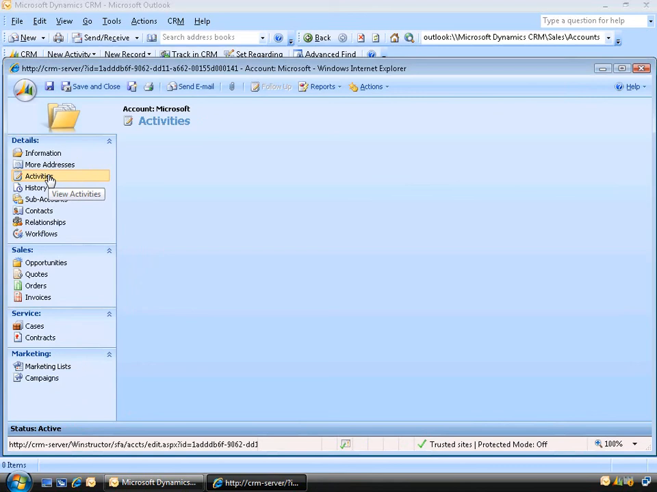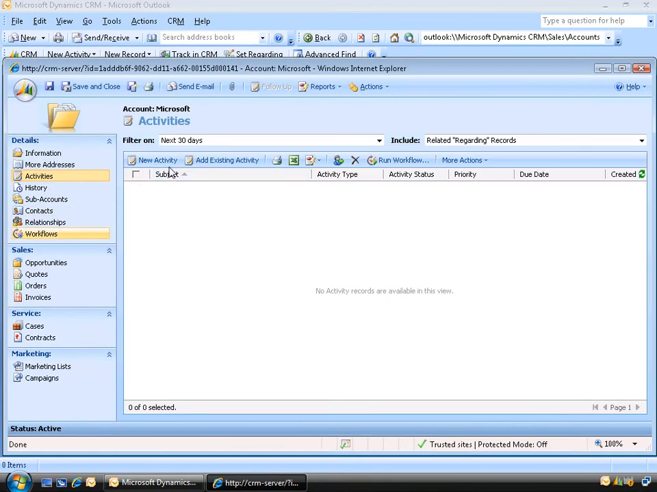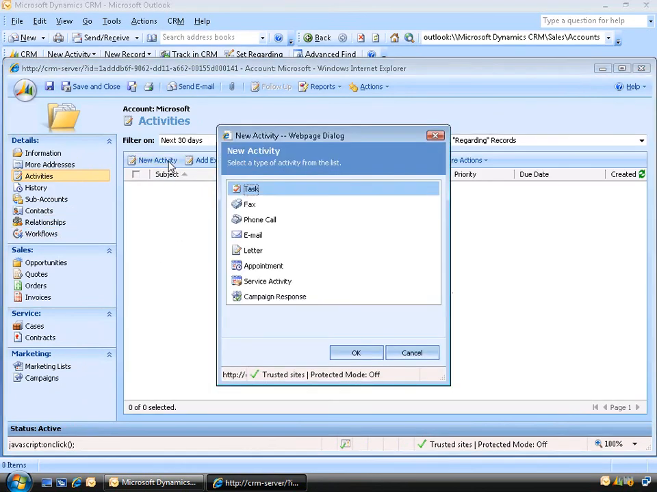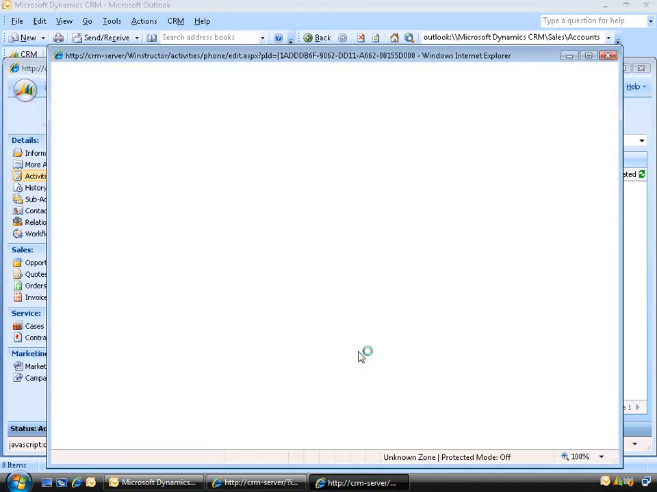Now next we can create activities for this account, so we'll click on the New Activity button here, and we could choose to set up a task for Steve, or to contact Steve by a fax, or make a phone call to him, or send him a letter or an email. So let's choose one of these. Let's say we want to give Steve a phone call, so we'll select phone call, we'll click on OK, and